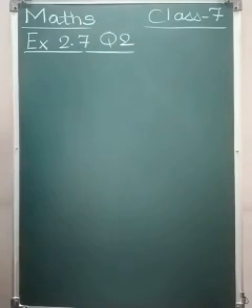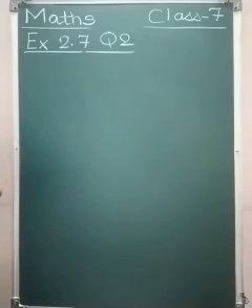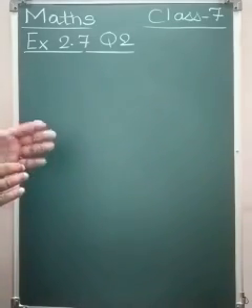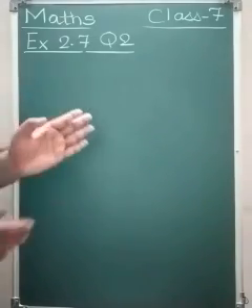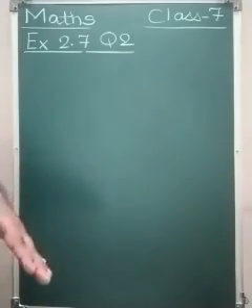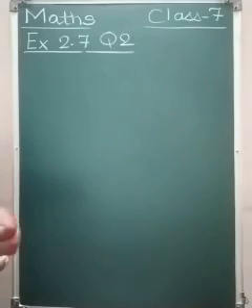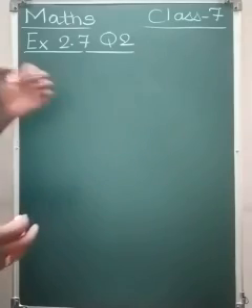In exercise 2.6 we saw the multiplication of a decimal number with a whole number. So in exercise 2.7 we have seen division of a decimal number with a whole number. In exercise 2.6, a decimal number was multiplied by 10, 100 and 1000. Now in question number 2, we are going to solve division of a decimal number with 10, 100 and 1000. Questions 2, 3 and 4 are all dealing with these things. Okay, so let us start.